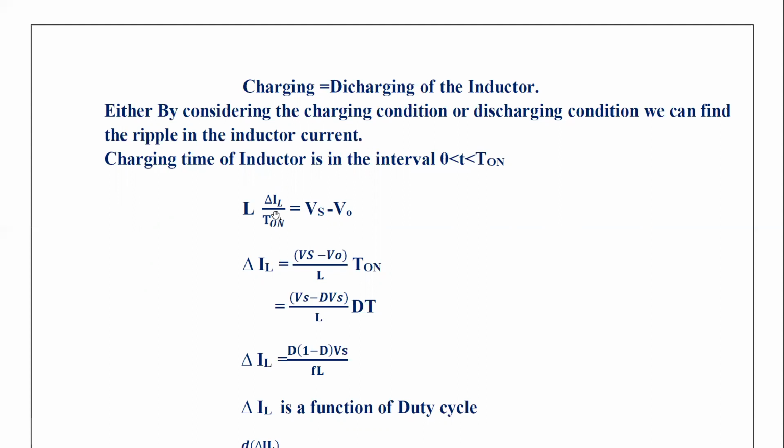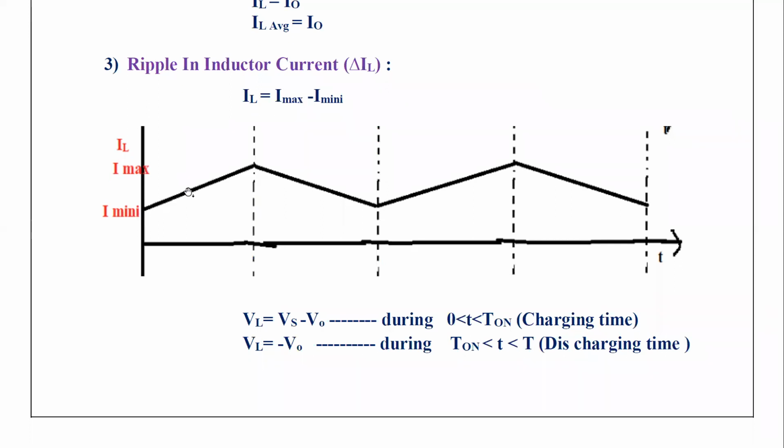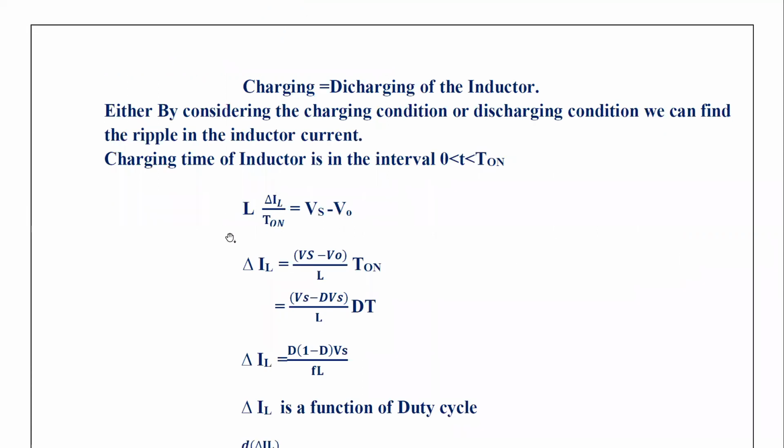So I am taking it as delta IL, the change in the inductor current, delta IL divided by time. The time is nothing but the turn on time, because I want to take the turn on time duration, the charging condition. This is called the turn on time and this is called the turn off time. The change in the inductor current from minimum to maximum, I am calling it delta IL. Change is represented with delta, I is current, and IL is inductor current. So I am writing delta IL, and the time is the turn on time. That is the reason why the expression is like this.